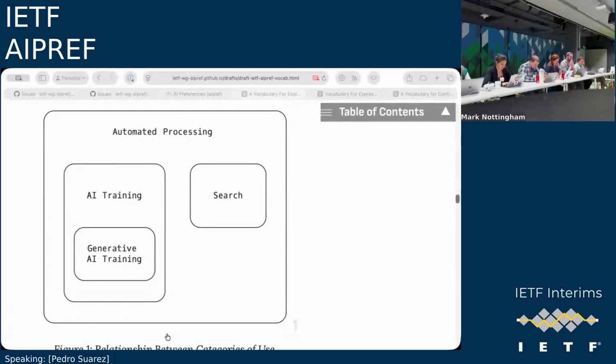The problem is that as soon as that model is trained on one document that constrains it more than the others, say a million documents say it is good for generative AI but one document says you can only use this for search, then by definition that model can only be used for search, just because it was trained on that one document. At least that would be my understanding with the current phrasing.